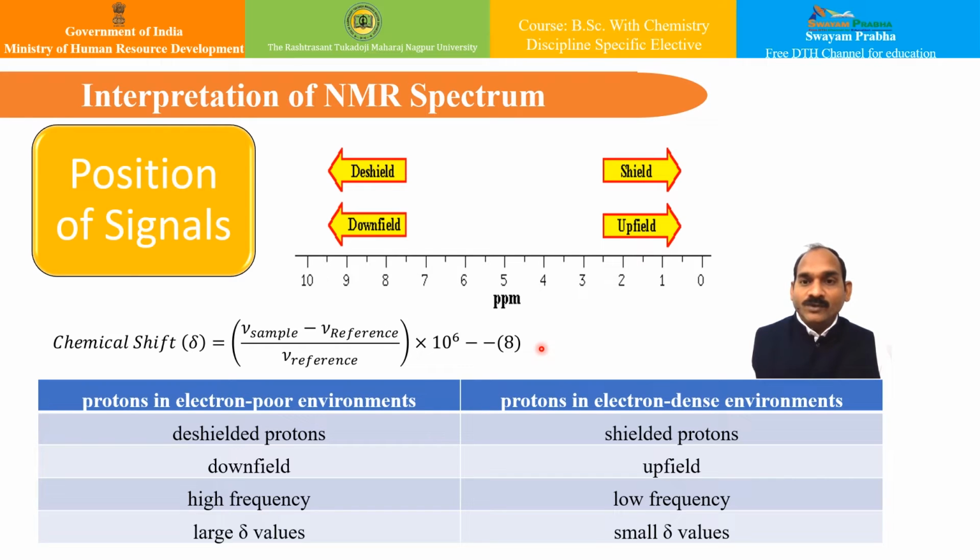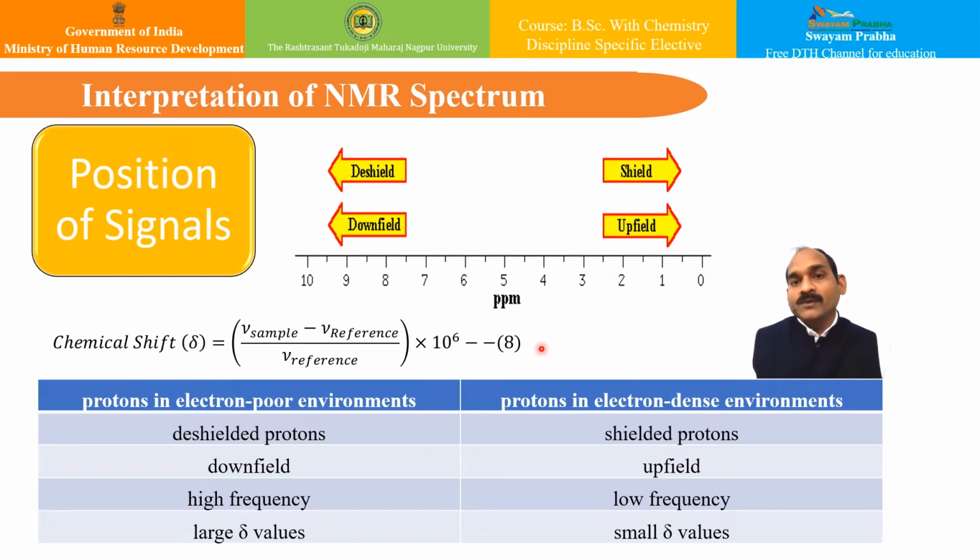We can understand the proton is not open. Actually, it is surrounded by the electronic cloud, and the electrons in a molecule produce their own field around the proton, which is called the secondary field or the induced magnetic field. And if this local field opposes the applied field, the effective magnetic field decreases, because it has generated its secondary magnetic field, isn't it? Such a proton is called the shielded proton, and the effect is called shielding. Because this electronic field has developed its own field, it is now shielding the proton.